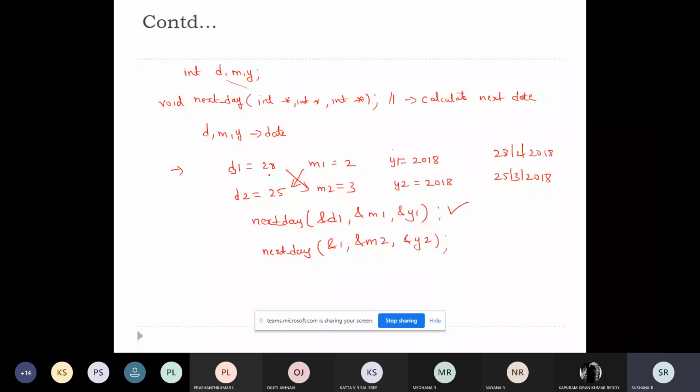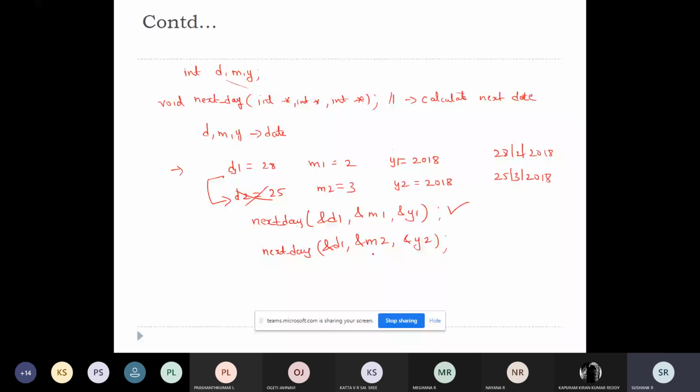There is no support from the language to prevent this. Actually, it should be d1 m1 y1 and d2 m2 y2, but by accident, instead of writing d2, I write d1. So as a programmer, it is wrong.